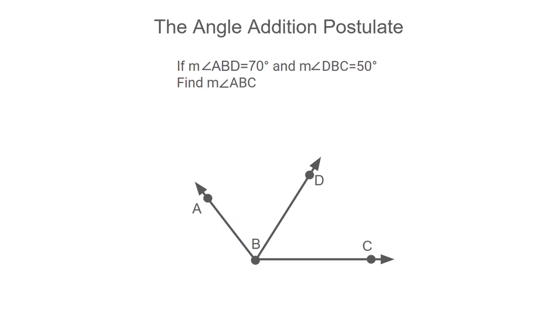In this problem, we know the measures of two adjacent angles and need to find the measure of the greater angle, which we now know we can do by adding the measures. So let's do that. And because 50 plus 70 is 120, our answer will be 120 degrees. The degrees symbol is much more important than it may seem, and you will likely not even get partial credit if your answer doesn't include it, so please be careful. I know it seems ridiculous because what other unit could it be, but eventually you will learn other ways to